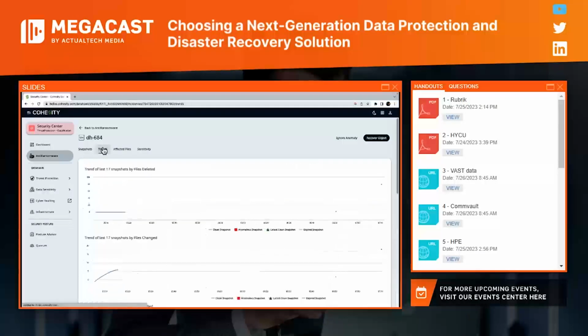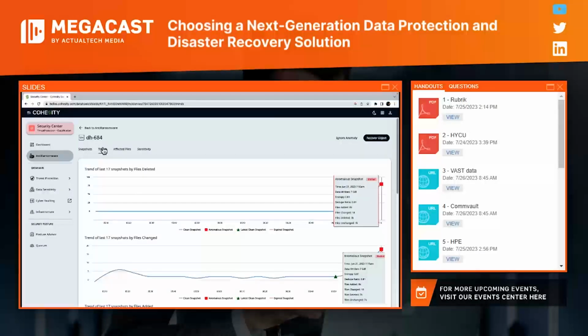Let's go ahead and take a look at the trends, which shows us all trends of anomalous and clean snapshots, as well as our expired snapshots. And so in this example, we can see that more data was written on our anomalous snapshot versus our clean snapshot.